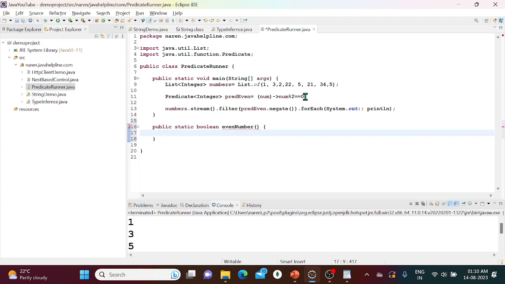So it will return this, and it will take